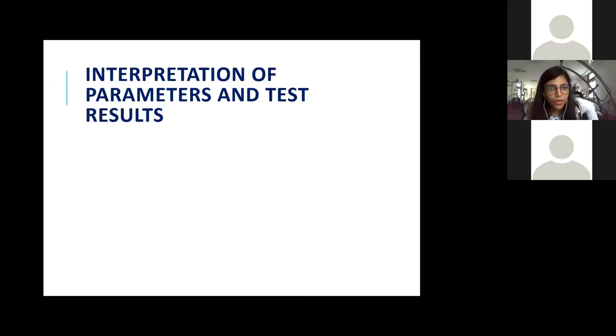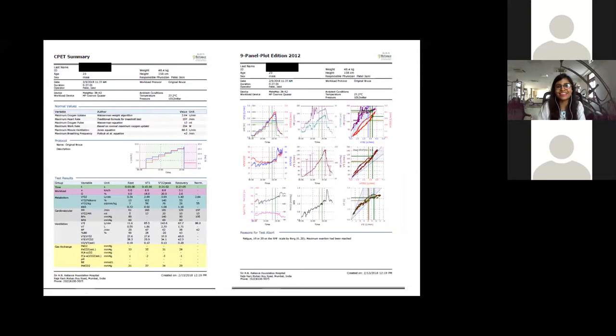Okay, so coming on to interpretation of parameters and test results. If you are done with a VO2 max testing and you want to see how the results look, this is what I would want to answer it with. It has multiple parameters and we usually have a 13-page report. This is just two of them, and there are all those values that we analyze before preparing the medical findings and reports. But because this is too much, and if I describe all of it you will all sleep and I may also get tired, I'll stick to the most important 4 to 5 parameters that we look at.